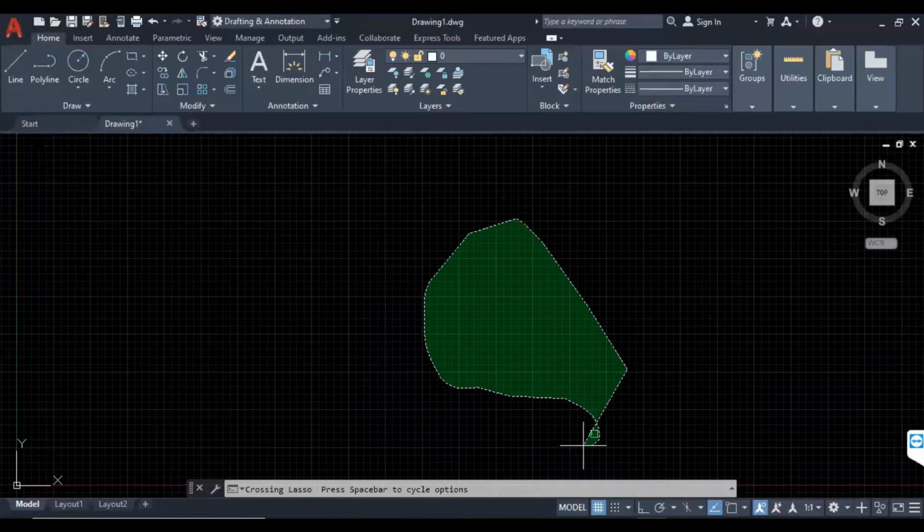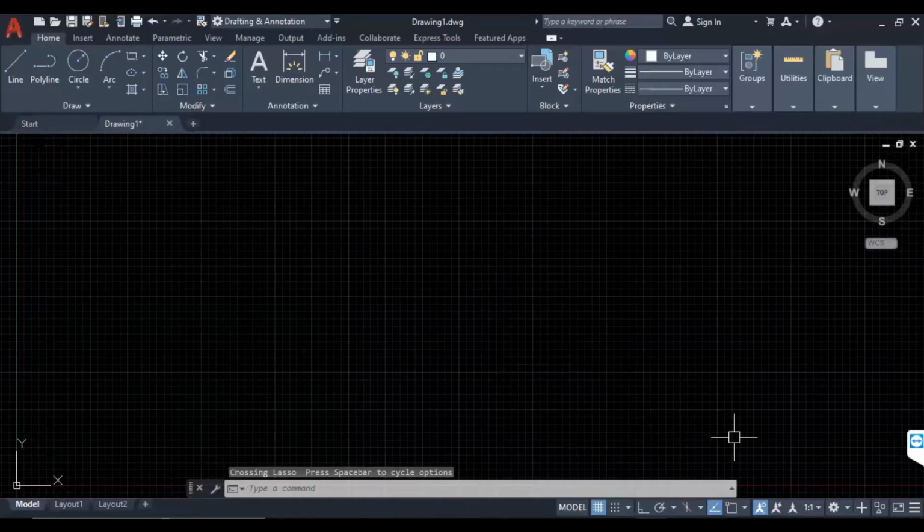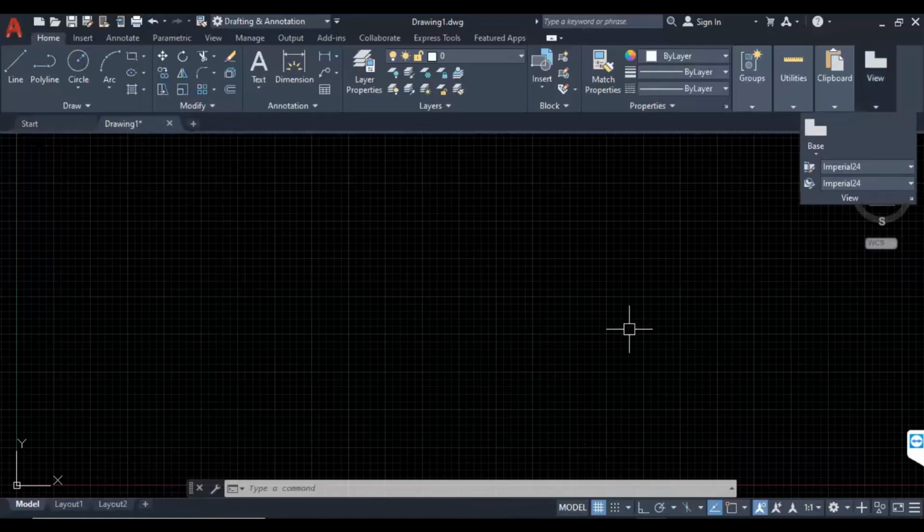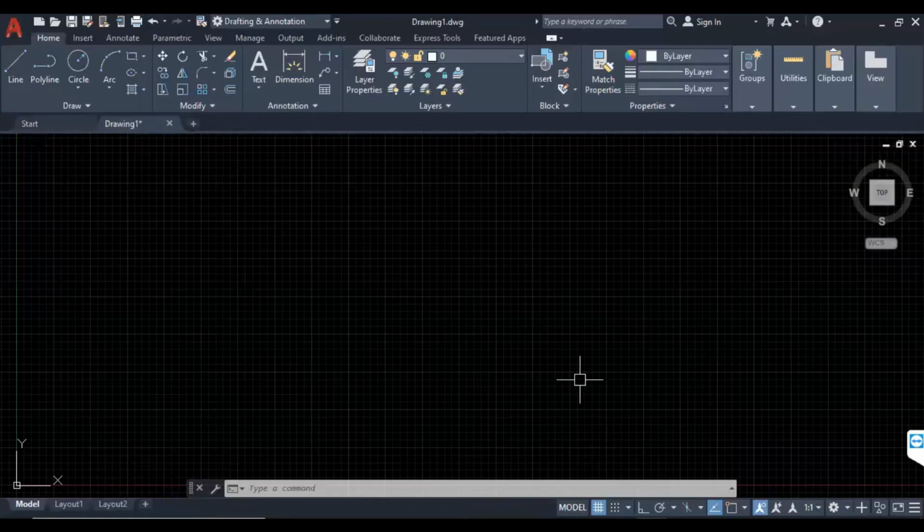We can generate different types of polygons, and within the polygon, entities will be selected. Now, the discussion on coordinate systems. There are two types of coordinate systems. Before going to the coordinate system, I would like to introduce you to the display.